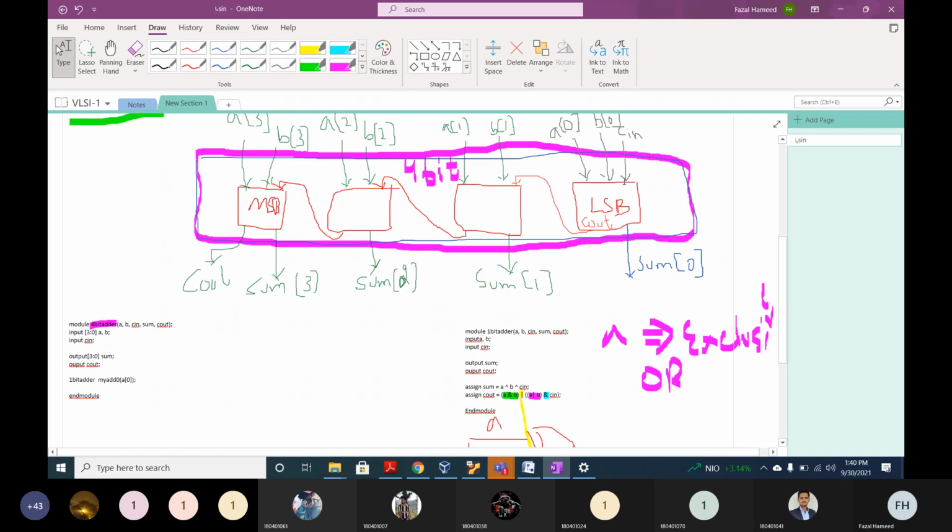Okay. And the 1 bit adder, if you look at the port list, the first signal is A, the second signal is B, the third signal is C in, the fourth signal is sum, and the fifth signal is C out. So what I'm going to do now, I'm connecting A0, the least significant A0 to A, and the second bit. What should I write now? A0. Am I right or not? Yes, sir. Looking at the figure, what should be the third input?